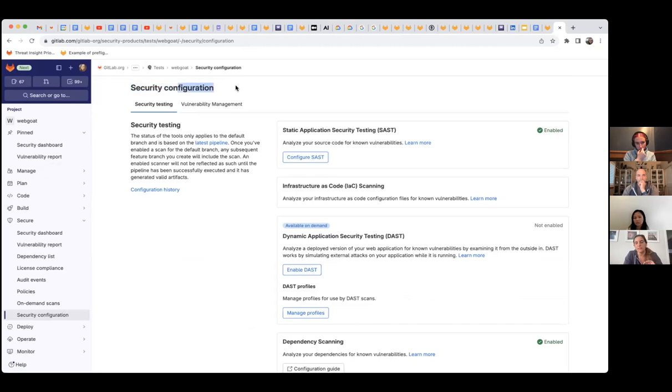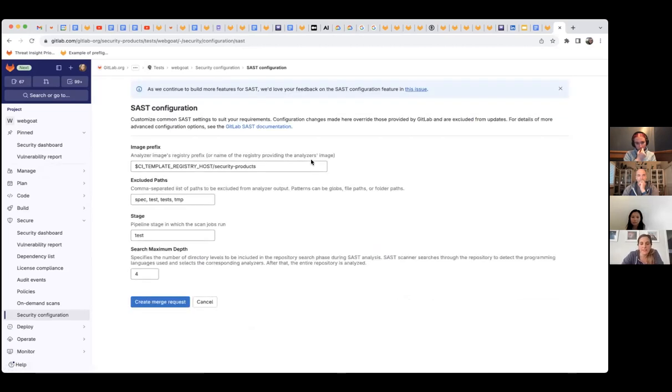Now it's security configure, whatever. So I can configure SAST, so I can customize my SAST scans in a way that I want to. I can exclude certain areas of the repository if I don't care about vulnerabilities there that are just going to generate noise that are irrelevant, like tests, for example. I won't go into all of this right now, but